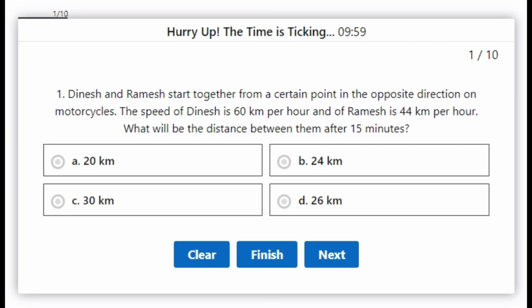Our first question is, Dinesh and Ramesh start together from a certain point in the opposite direction on motorcycles. The speed of Dinesh is 60 km per hour and of Ramesh is 44 km per hour. What will be the distance between them after 15 minutes? And the options are option A 20 km, option B 24 km, option C 26 kilometers and option D 30